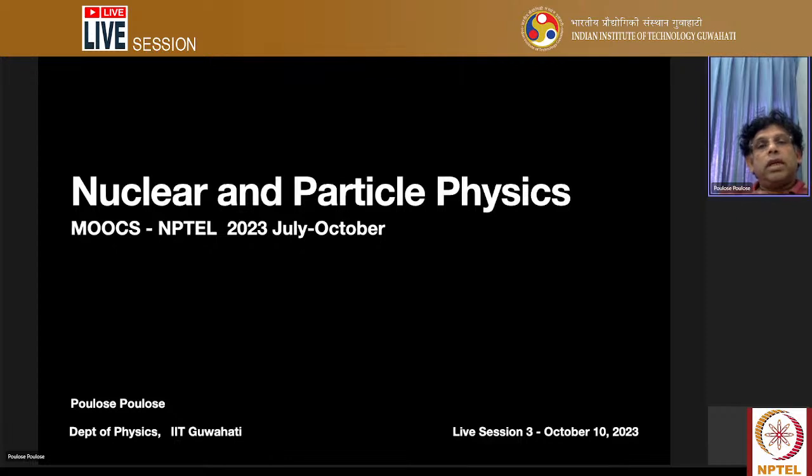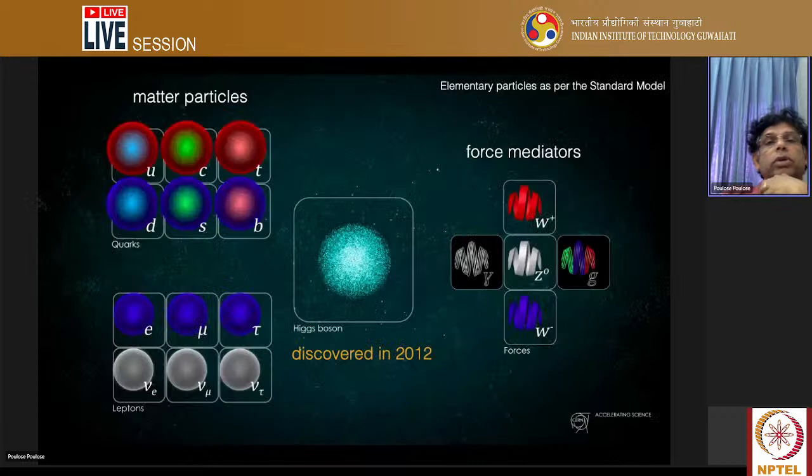Initially we had a good discussion on the nuclear models and nuclear properties, and then we went on to talk about the elementary particles as we know them now. And we said that apart from the electrons and the quarks that make up protons and neutrons,